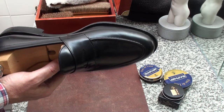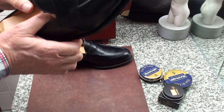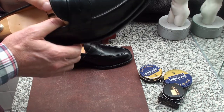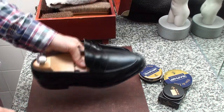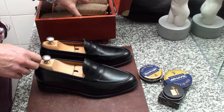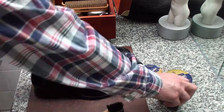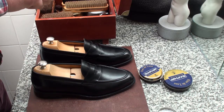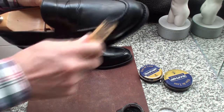You can wear it with anything, with jeans, with chinos, even with a suit. I used to wear those old ones regularly with a suit if they're nice and shiny, like those were. Then they looked quite good with a suit. But I think now I'm going to give them a bit more shoe cream to make sure that they're well nourished. Put on some of that stuff,